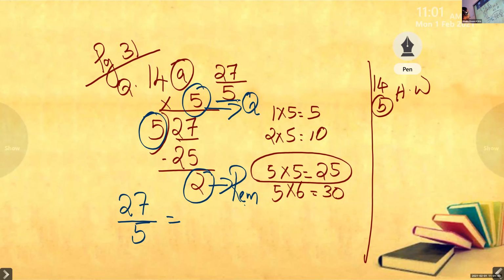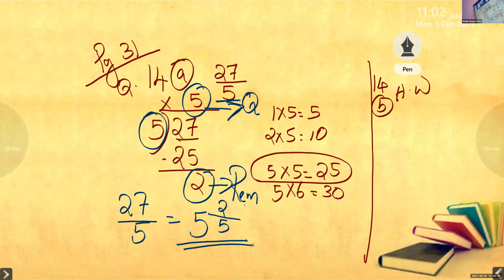Yes, Algan, which is the whole number? Which is the answer here? It's not audible. You said 5. Yes, 5. Can you say louder? Mewell, can you say it louder? So 5 is the quotient. That is the whole number. And 2 is the remainder. 2 will be the numerator. 2 by 5. 5 and 2 by 5 is the answer.